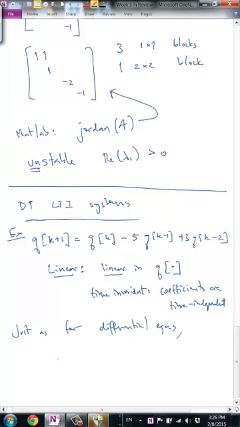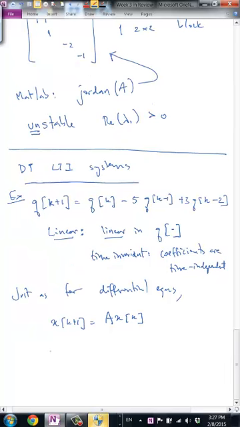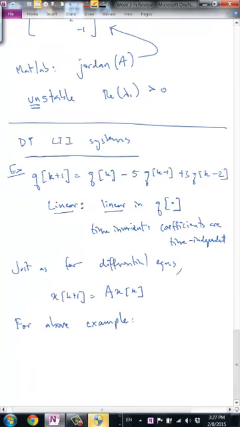we can transform this to x of k plus 1 is equal to A times x of k, where now x is a vector. We start with a difference equation that requires, in order to update q, that you know not only the current time, but the previous 2 time steps in this example. And we can convert this to just having a difference equation where if you know where you are right now, then you can update. We do this by adding dimension to the state. So for the above example, we could set,